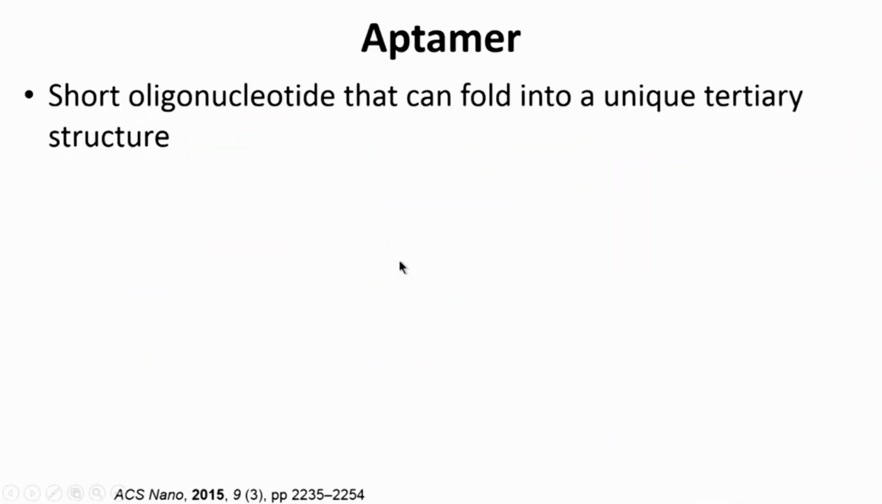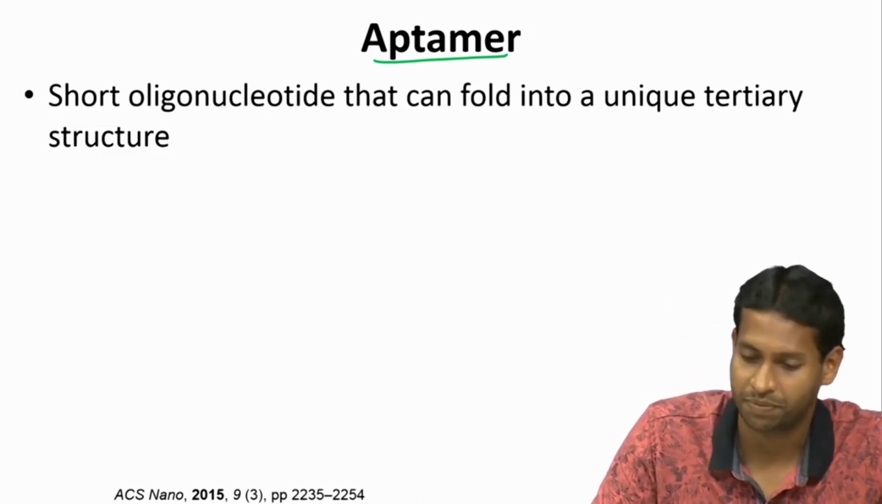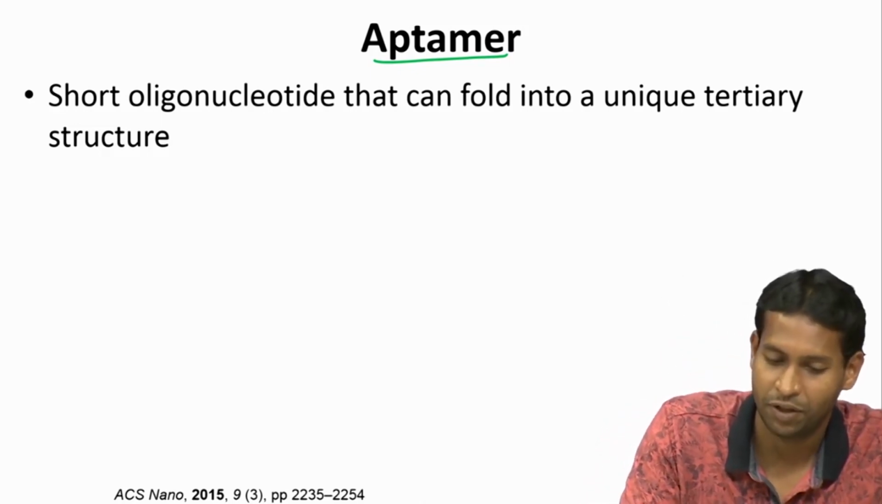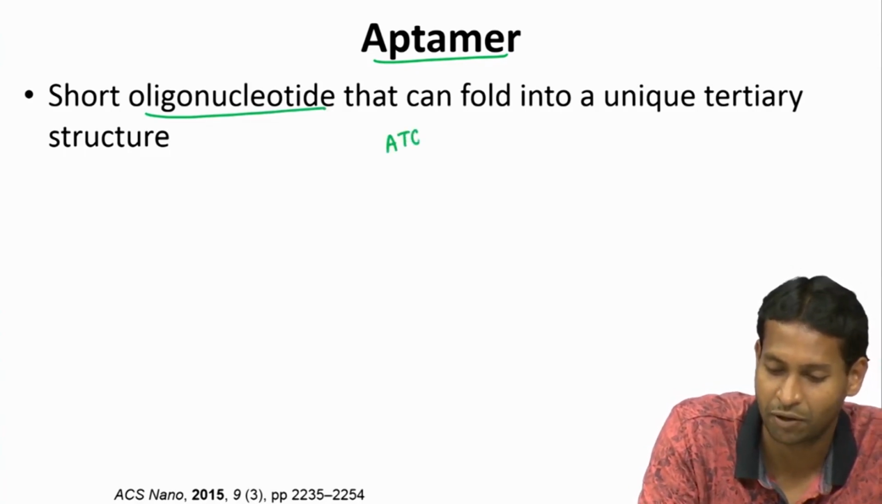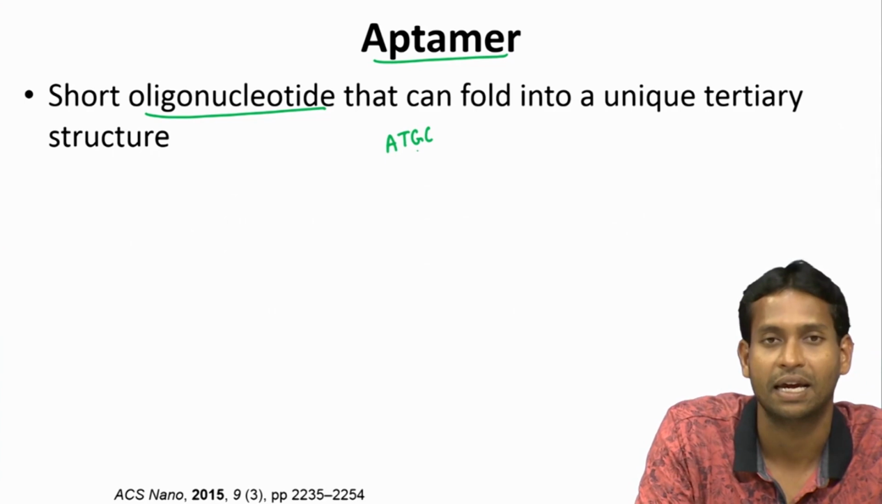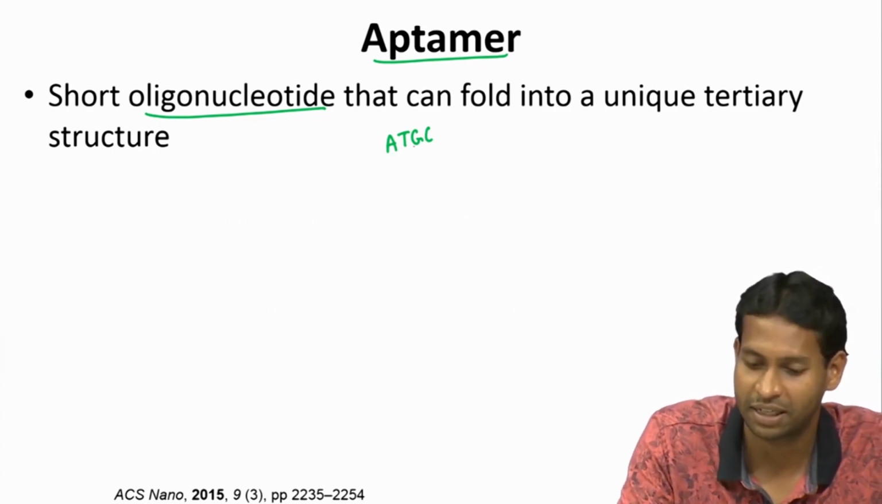So, as I said, aptamer is another class that I will just describe; it is not probably as widely known as some of the others. And what is an aptamer? An aptamer is nothing but a short oligonucleotide that can fold into a unique tertiary structure. So, we know what oligonucleotides are. These are just sequences of your nucleotides A, T, G, C, and if I arrange them in a certain order such that we have several of them,